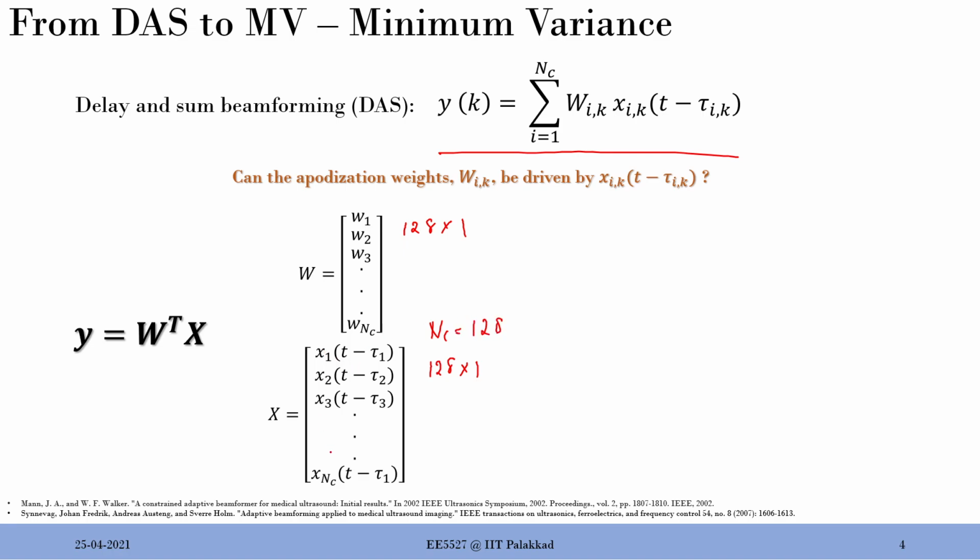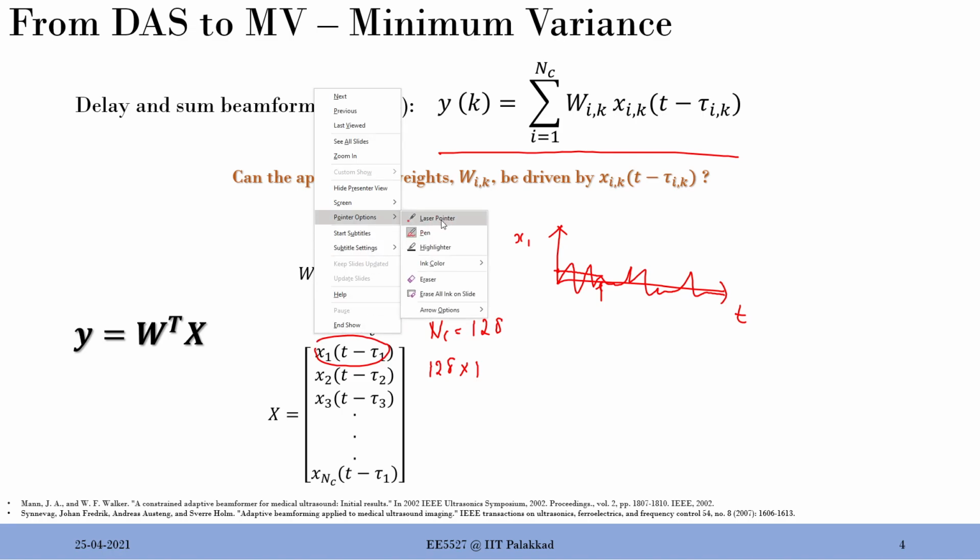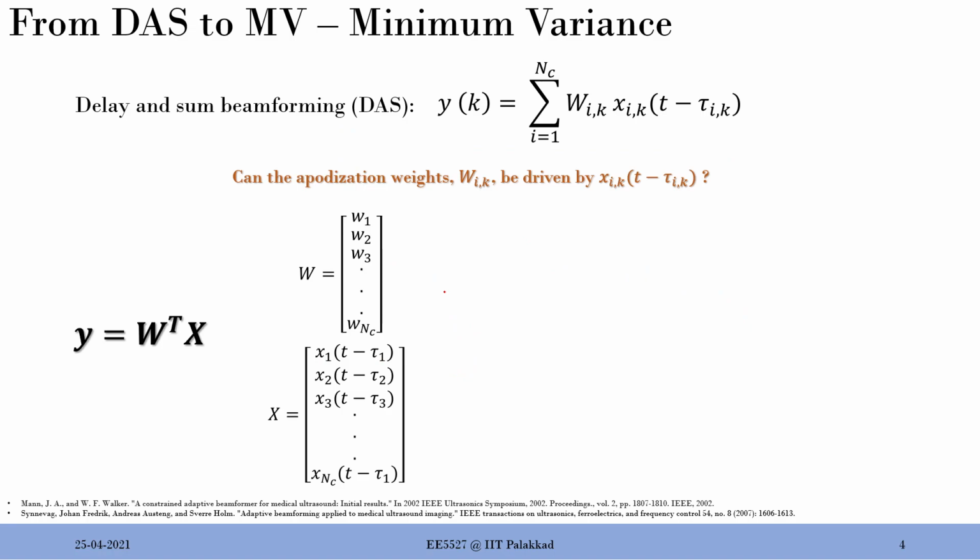Then you have x1, or in the generalized version x1 to xNC, and just think of this as the amplitude. You have a signal. If somebody is still not following, let's say your x1 signal is like this. This is the x1 signal against time. You identify this tau ik, let's say this point is tau ik. Whatever amplitude is at this point will form this element. Similarly there is x2, x3, x4, etc. So that's the idea. The beautiful representation in terms of matrix is y is W transpose times X.